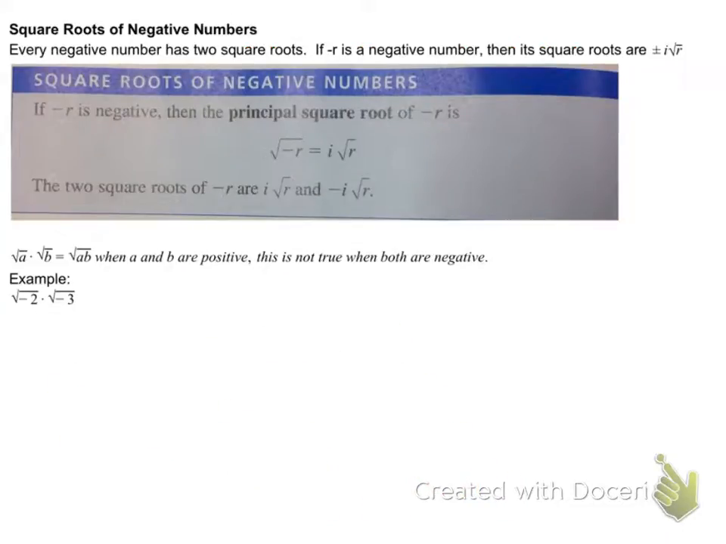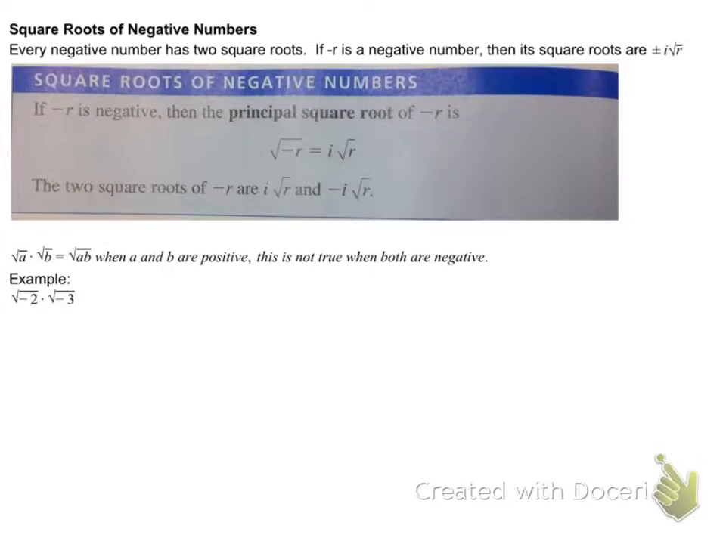This slide is important because it explains, guys, that there's a principal square root, which is the positive square root of a negative number, but you need to also realize that there are two answers when you square root a negative number, just like there are two square roots when you square root a positive number. You get plus or minus the square root of r, or in this case, negative r,